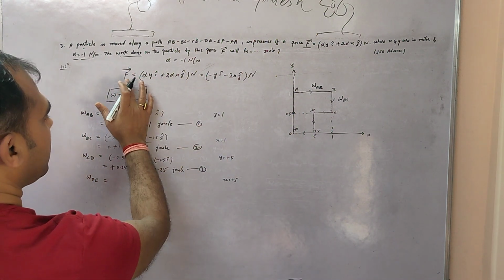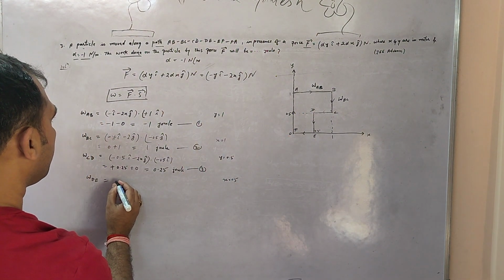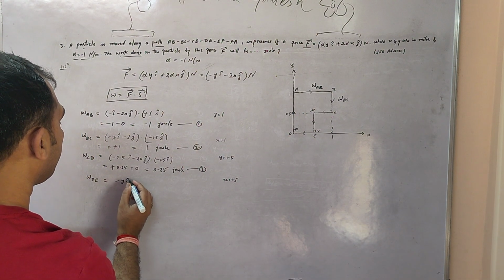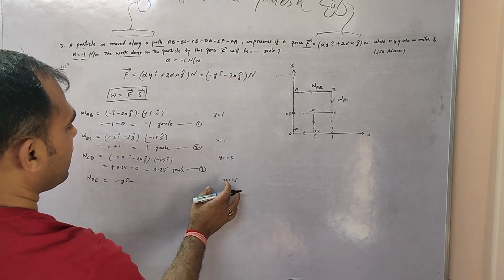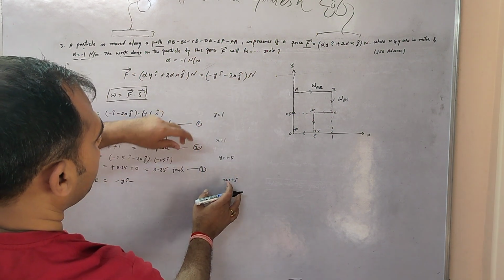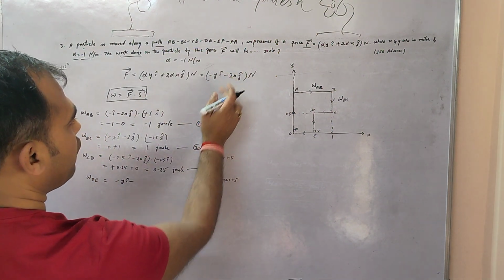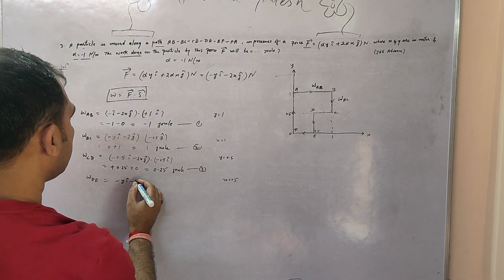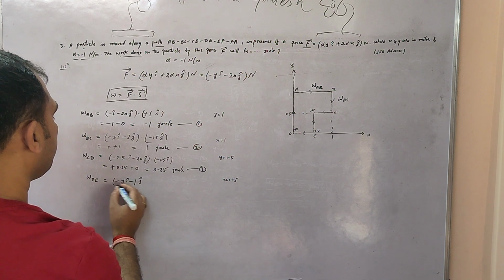So the value of F DE will be equal to minus y i cap minus 2 into 0.5. The value of x will be constant, 0.5, 2 into 0.5, that will be 1, minus 1 j cap